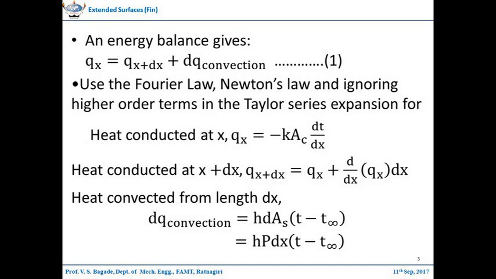Heat conducted at x plus dx, that is qx plus dx, is equal to qx plus d by dx of qx into dx. Heat convected from length dx, dq convection, is equal to h into dAs into T minus T infinity, where h is the heat transfer coefficient, As is the surface area, T is the temperature within dx, and T infinity is the atmospheric temperature. So we'll replace this area in terms of perimeter,